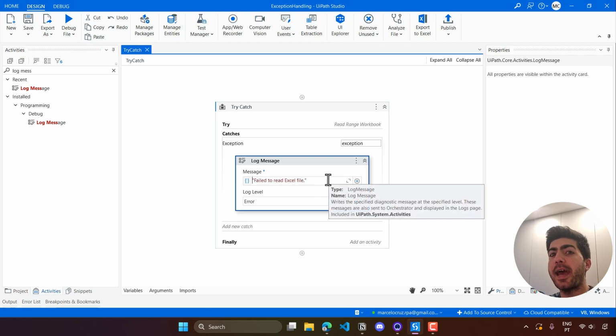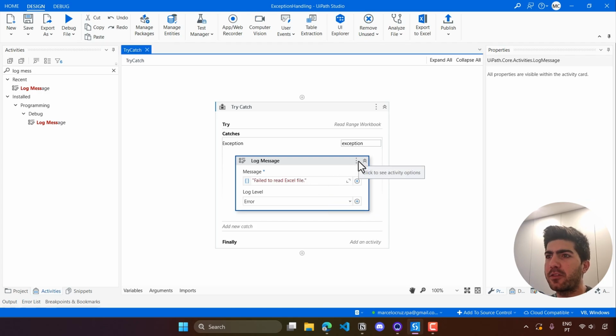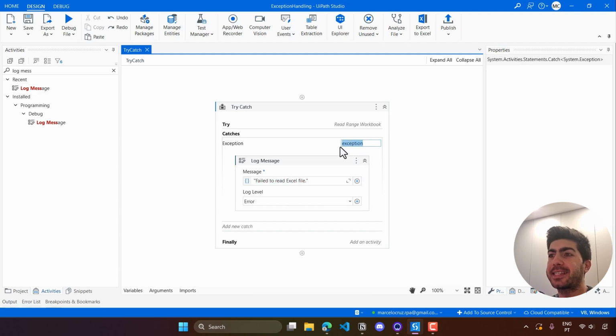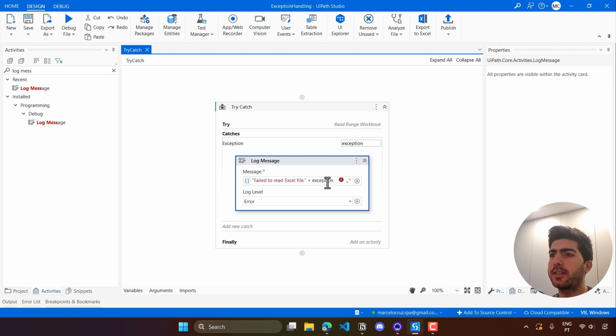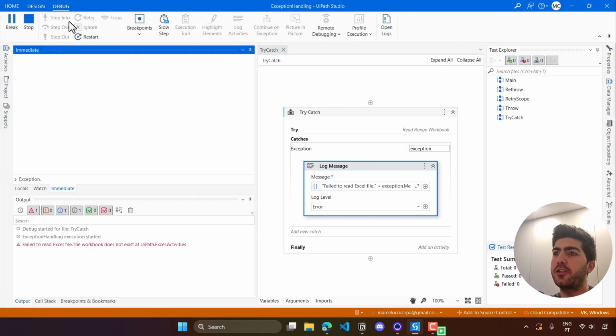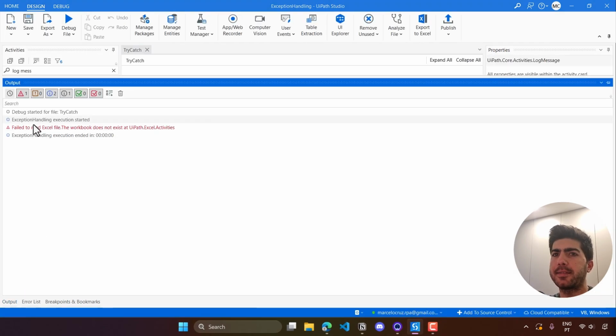If you want, we can add more details. We can get those details from the exception that happened. So here, by calling exception, we can get details about it. If we put a dot, we can get, for example, the message of the exception. And now, for example, we get its source. So if we add exception.source, and now if we run, we'll see some more useful details. So here we can see "Failed to read Excel file. The workbook does not exist at"